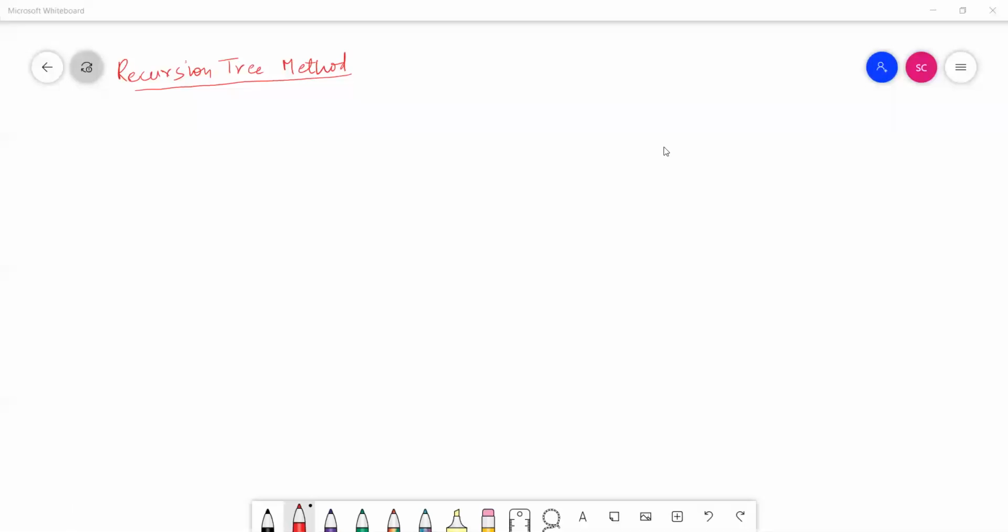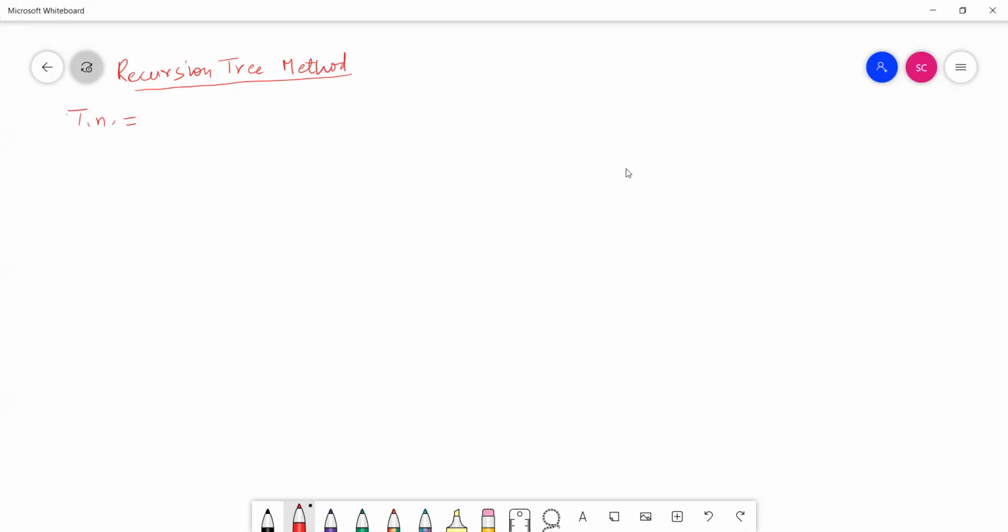Okay, so let's start. So this method is fun. It's a very good method, and there are some points that you need to remember before we start solving here. So the first point is this: questions of type